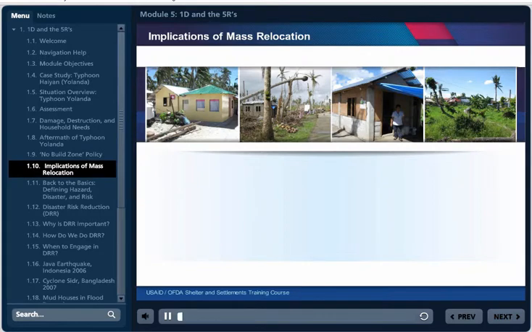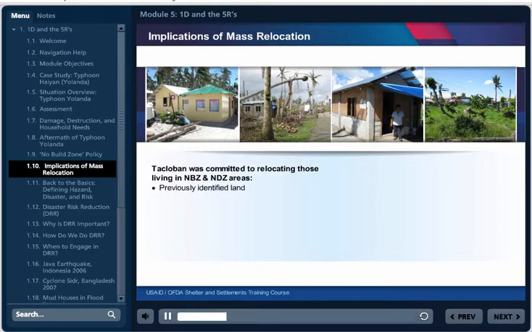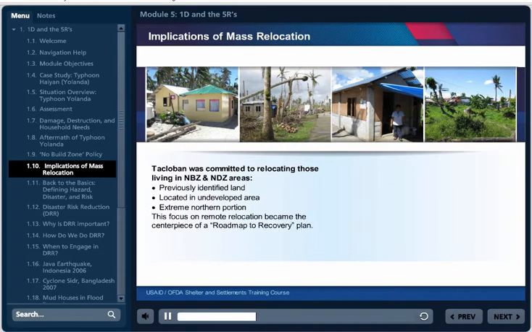Despite these changes in national land use policy, the city of Tacloban appeared from the outset committed to relocating those living in NBZ and NDZ areas prior to the typhoon to a previously identified parcel of land located in a largely undeveloped area of the extreme northern portion of the city. This focus on remote relocation became the centerpiece of a roadmap to recovery plan developed by the city with support